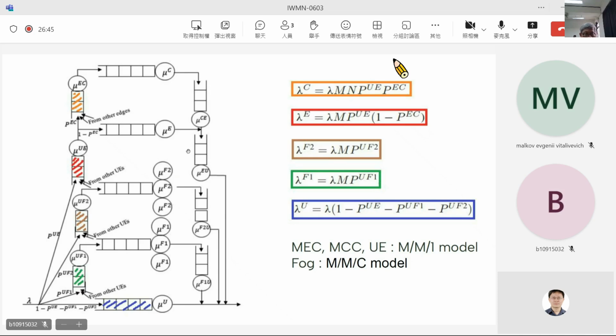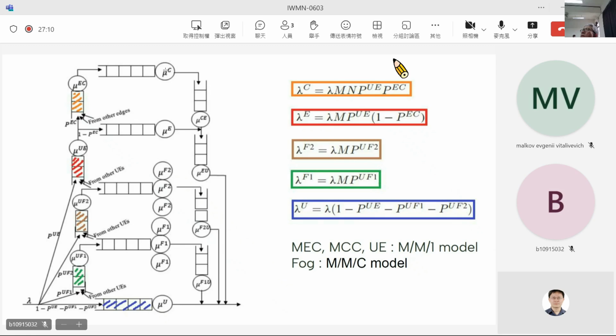And the notation E stands for the edge server computing, and the C stands for the cloud server. So there are 1 user, 3 traffic intersection fog, 3 parking lot fog, and 1 edge server and 1 cloud server. The user can upload the task to the edge or fog, and the edge server can upload the task